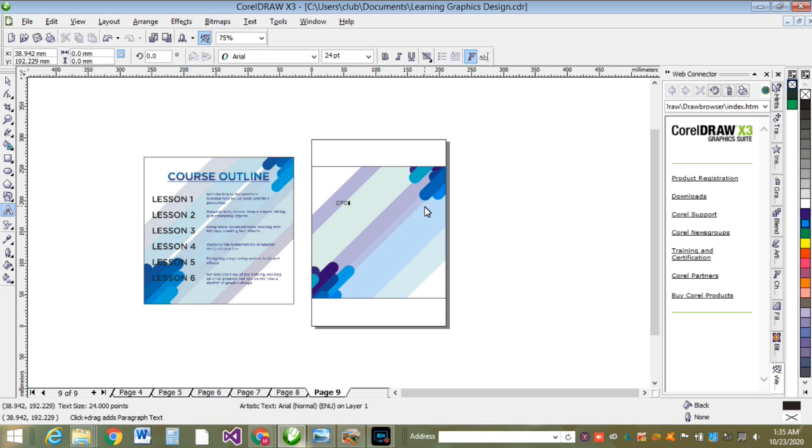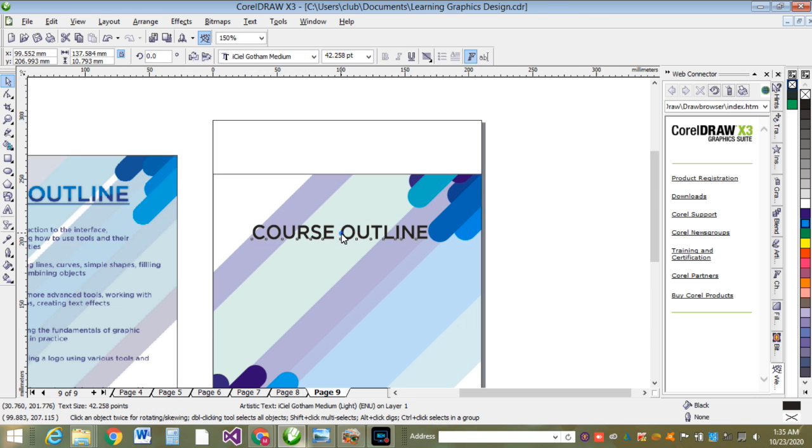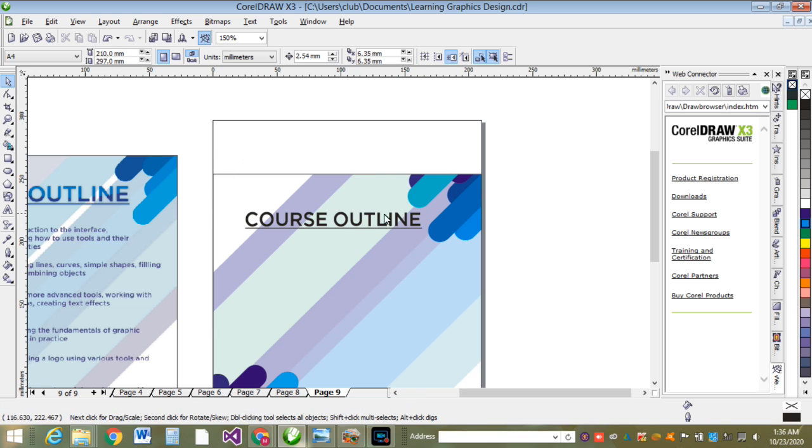So for this tricky bit, this here, so just write course outline, and then I underline it. Shifts. Okay, so to get these effects, you can just use the Bezier tool to